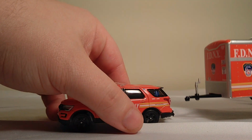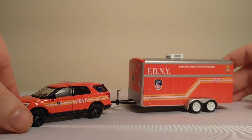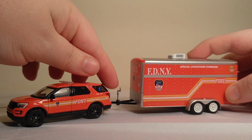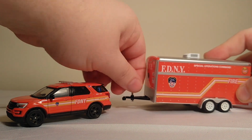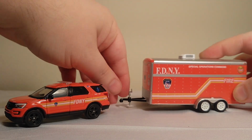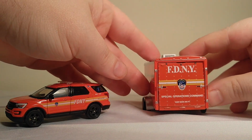Next up, part of Greenlight's Hitch and Tow series, we have a Ford Explorer with a utility trailer for the Special Operations Commander, SOCOM. The trailer is very, very nice. The jack right here does lower, so if you want to pose the trailer not hitched to a vehicle, all you do is simply screw this down, and it will go all the way down so that it will sit level. So there you go. The back does open,